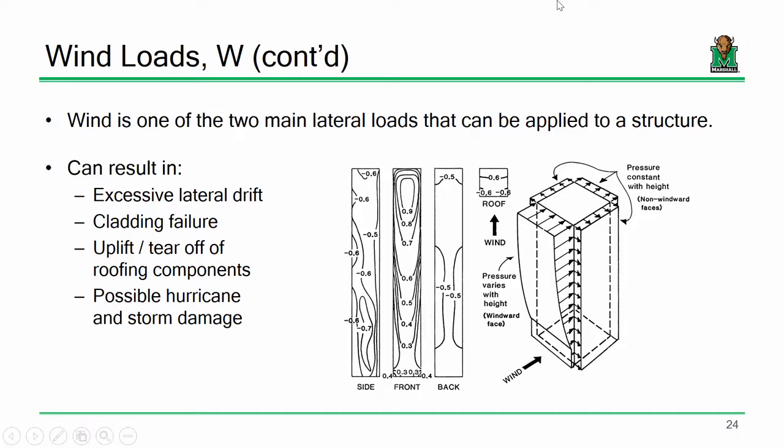Now, let's talk a little bit about loads. So let's get into wind. Wind is, by and large, the most common, or the most prevalent lateral load that we see, because regardless of if your building is in Huntington, West Virginia, or if it's in Los Angeles, you're still going to see wind effects. Now, the thing that makes wind complicated is wind forces and wind pressures tend to get larger as